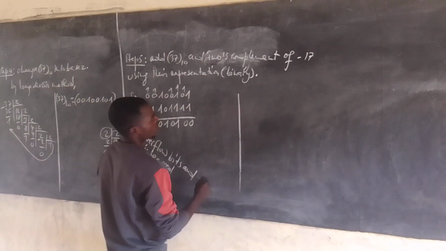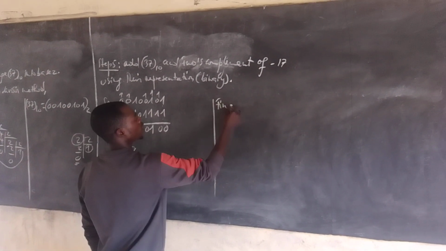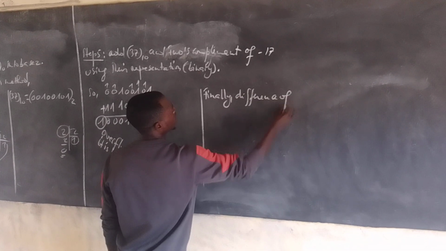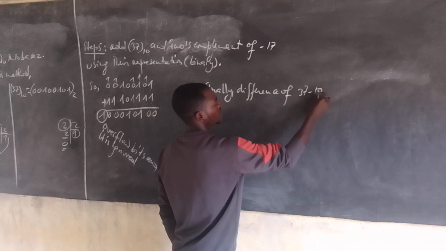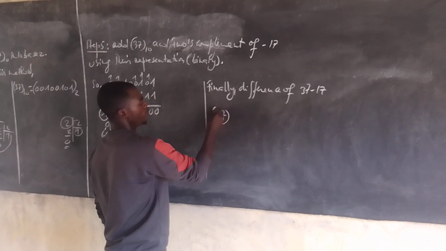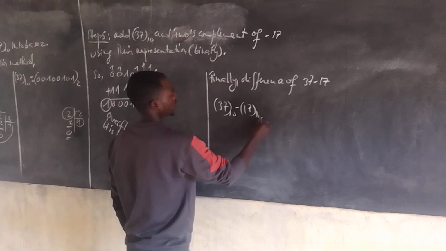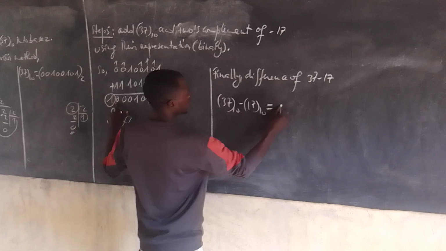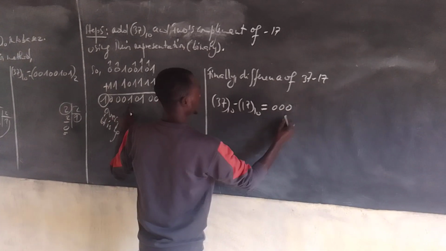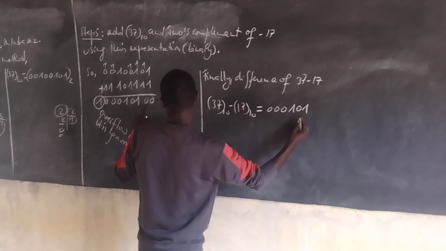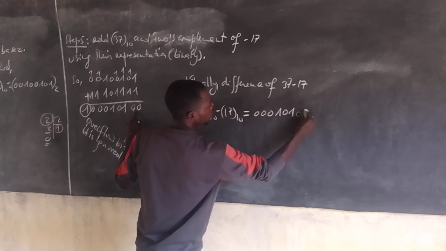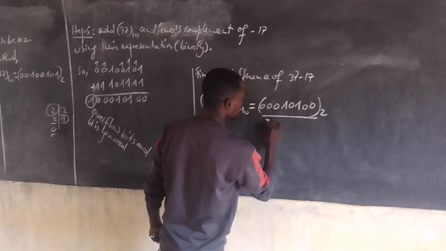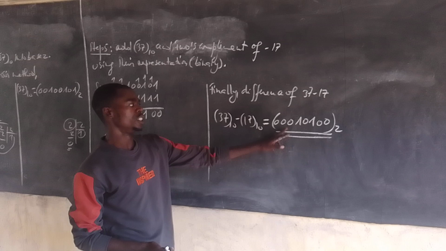Finally, the difference of 37 minus 17, meaning 37 base 10 minus 17 base 10, is equivalent to 20. In binary it is equal to 0, 0, 0, 1, 0, 1, 0, 0 in base 2. So this is the real answer. A computer will represent this number in